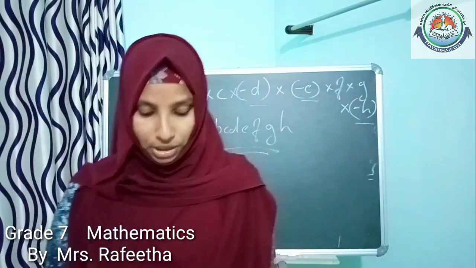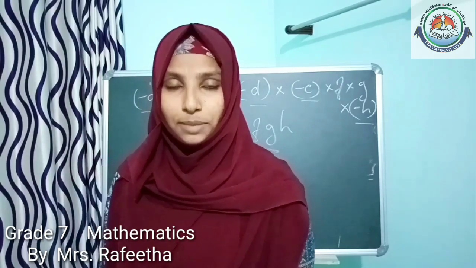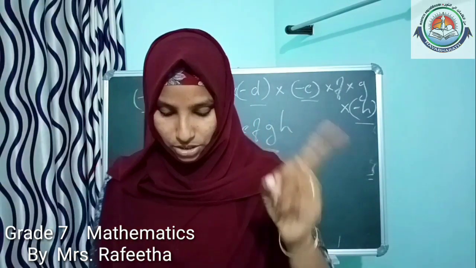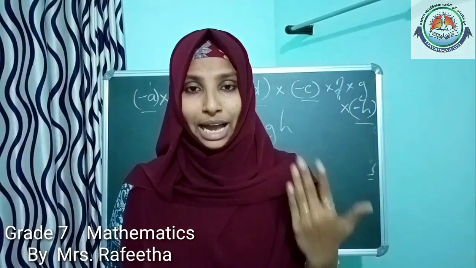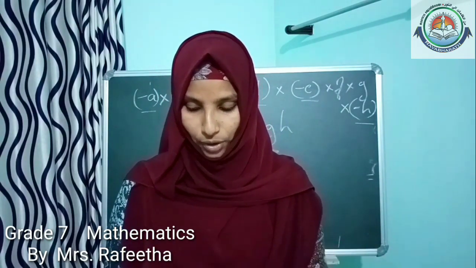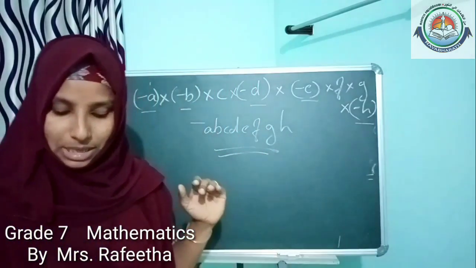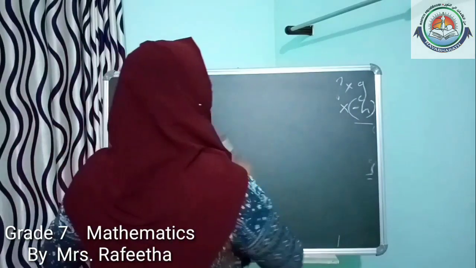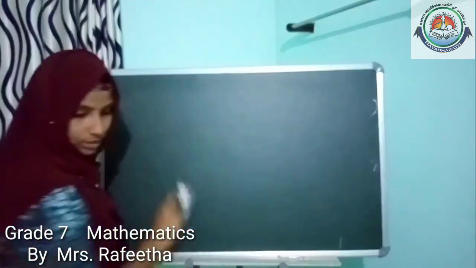In exercise 1.1, fifth question, there is a first sub-question and a second sub-question. The first we have done. The second I am giving you as homework. Sub-questions 3, 4, 5 are three similar questions. Take the third sub-question: 18 negative. The question is to state the sign of the product if a, b, c, d, e, f, g, h are positive integers. You can see the question in the textbook.